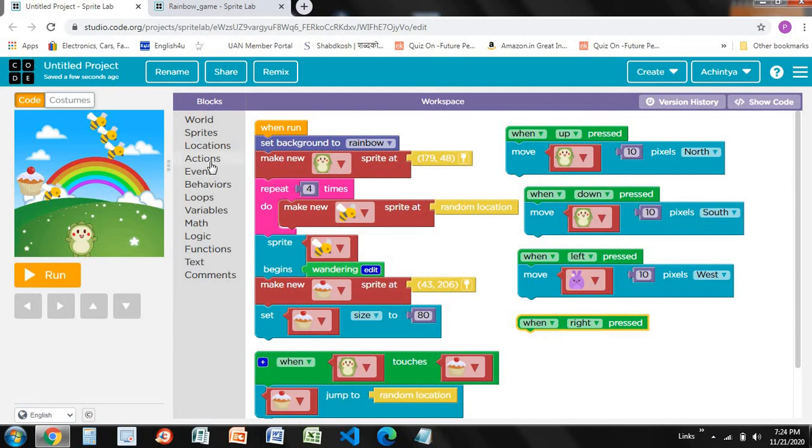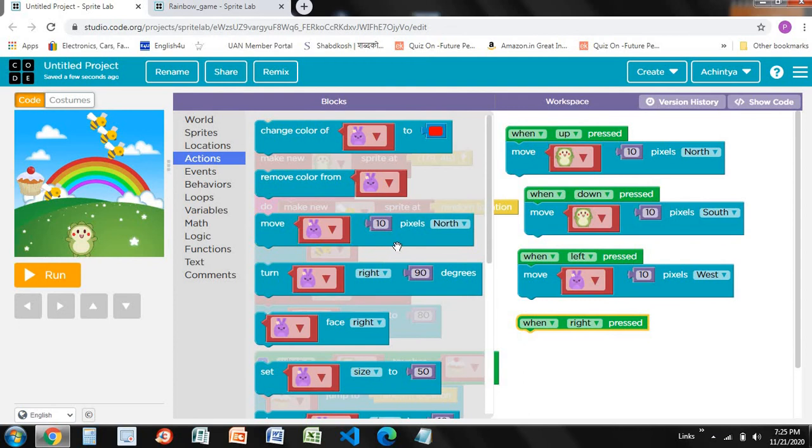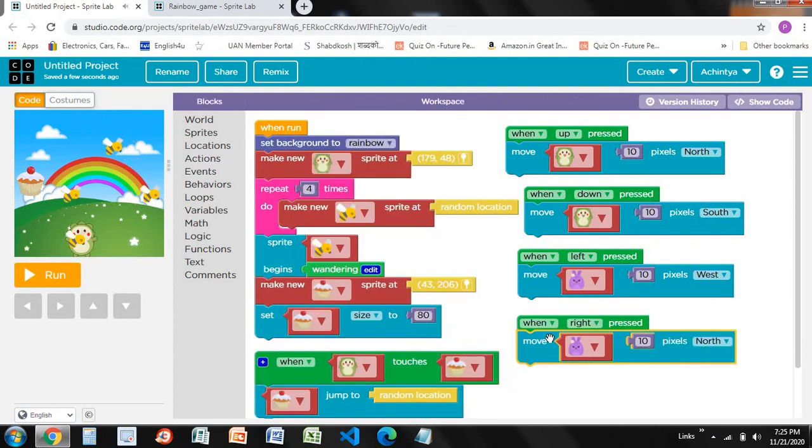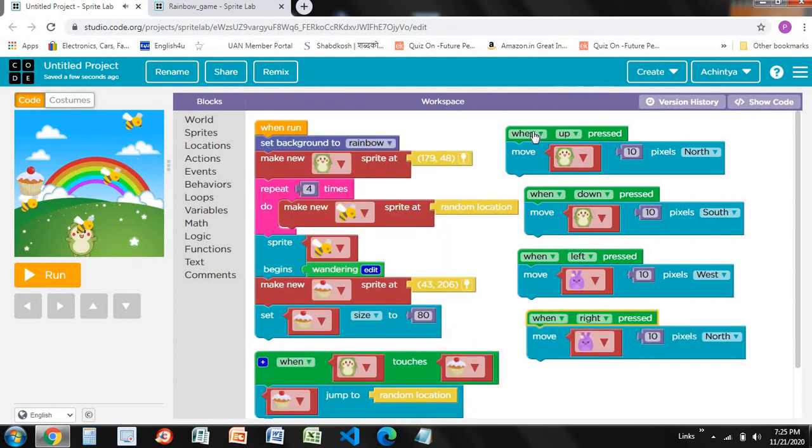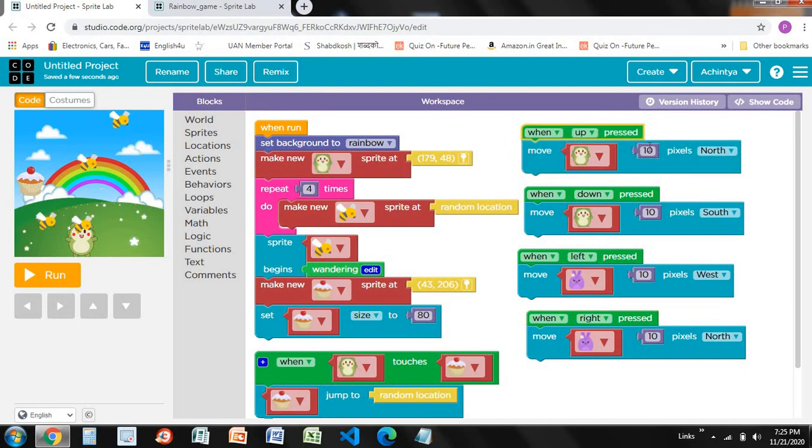Then again you have to go to the actions over here, drag and drop this over here like this. And if you want to increase the speed, just change this over here like this and make this as east, and change your sprite to this character like this.